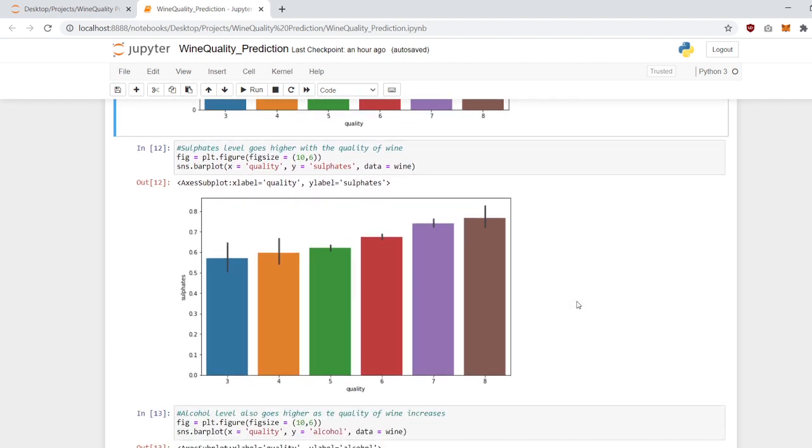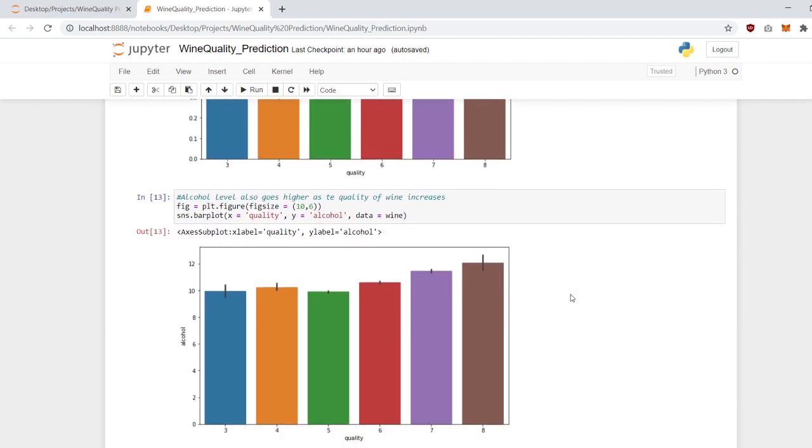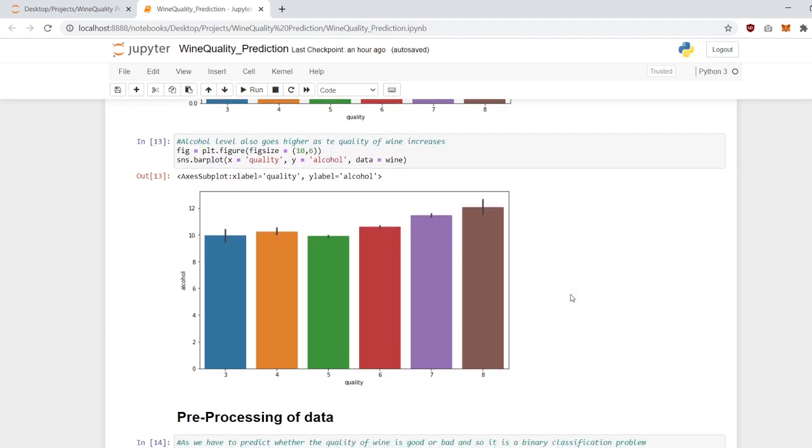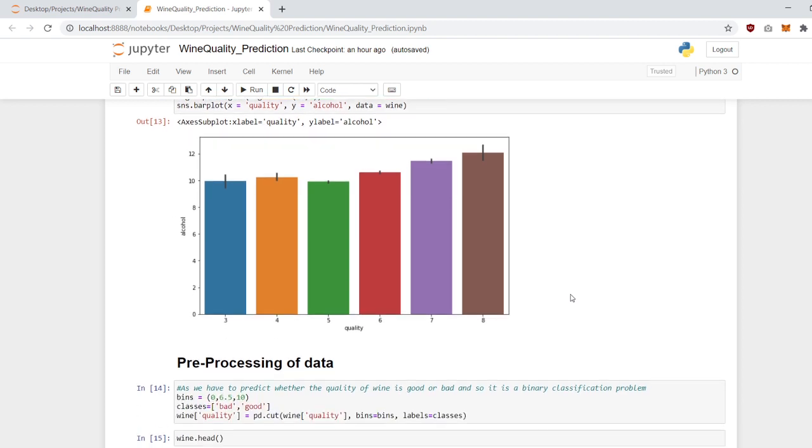And then similarly, when we plot a graph between sulfates and quality, we see that the sulfate level goes higher with the quality of the wine. When we plot a graph between alcohol and quality, we see that the alcohol level also goes higher as the quality of the wine increases.